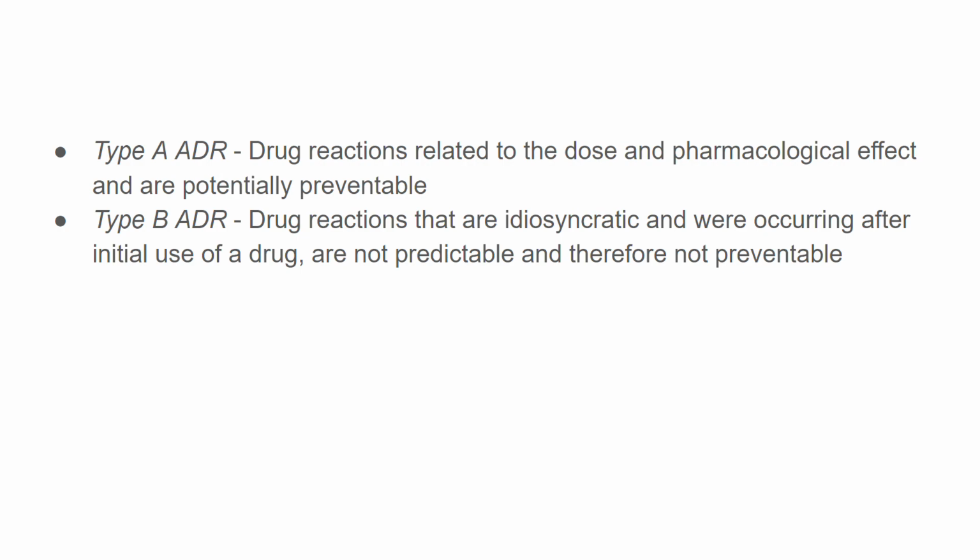So the idiosyncrasies, which are your type B adverse drug reactions, are genetically encoded. What does that entail? There will be groups of patients who will have the reaction, and groups of patients who will not have the idiosyncratic reaction. Why? Because there are differences in the gene that entail the reaction. Those who have the genetic predisposition to the reaction will experience it. For example, this is used in